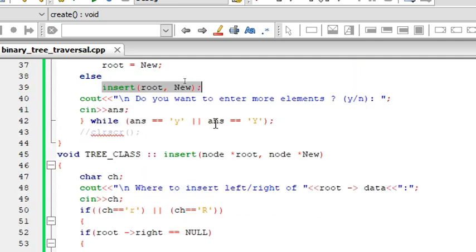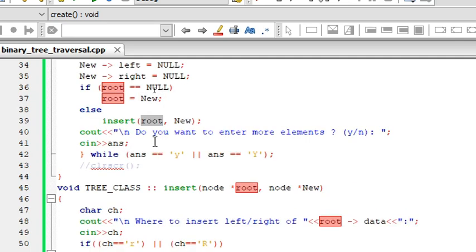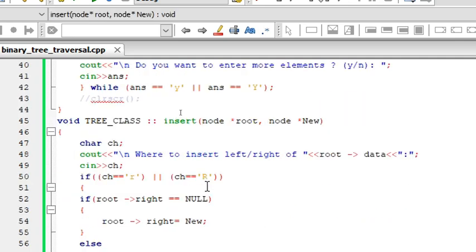And in the insert function, here I'm giving these two, root and new. New is the node that I recently created, and root is something which I assigned for the particular node. And here I am declaring a variable, character ch, and I am giving where to insert, whether you want to insert at the left side or right side. So whether you are going for root points to data. Now you can understand the purpose of bringing this root over here. We have to bring the root every time while you insert, because we start from the root. From the root, I'll be traveling to either left or right. I'll be deciding like that. First, make sure where to insert, whether you're going for the left or right side of root.